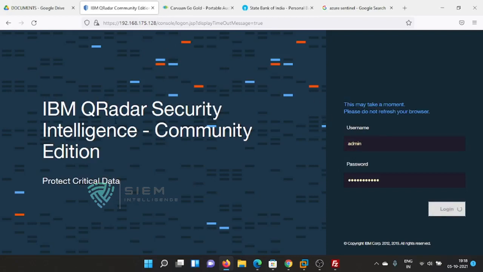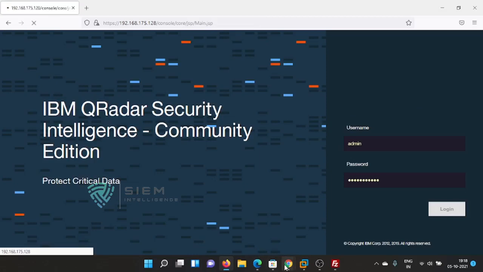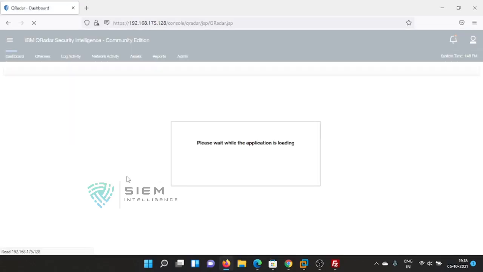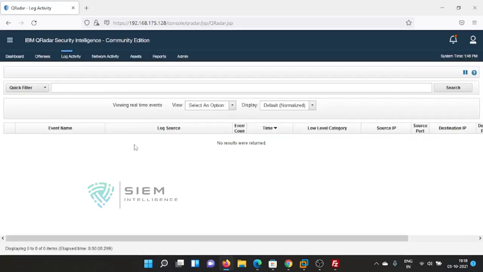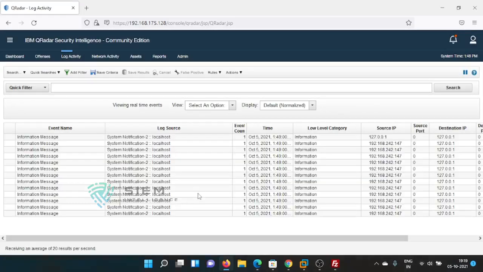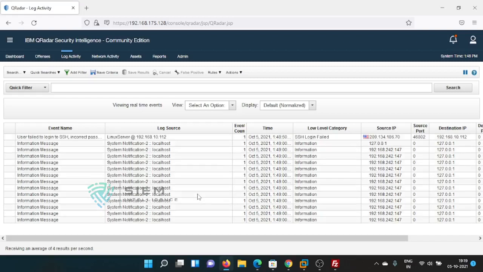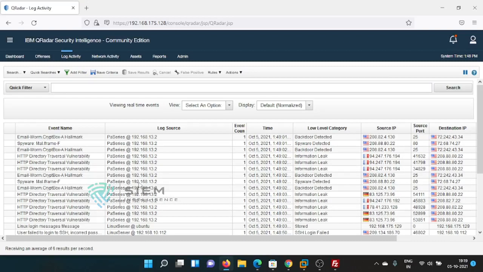you will start seeing so many logs over here. If you see the log activity, see there is PA logs, which was not available earlier, so it is starting to arrive.